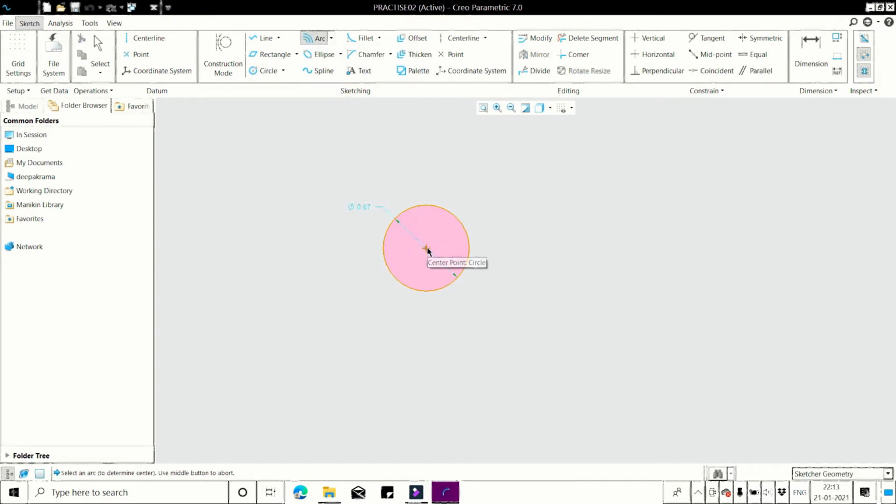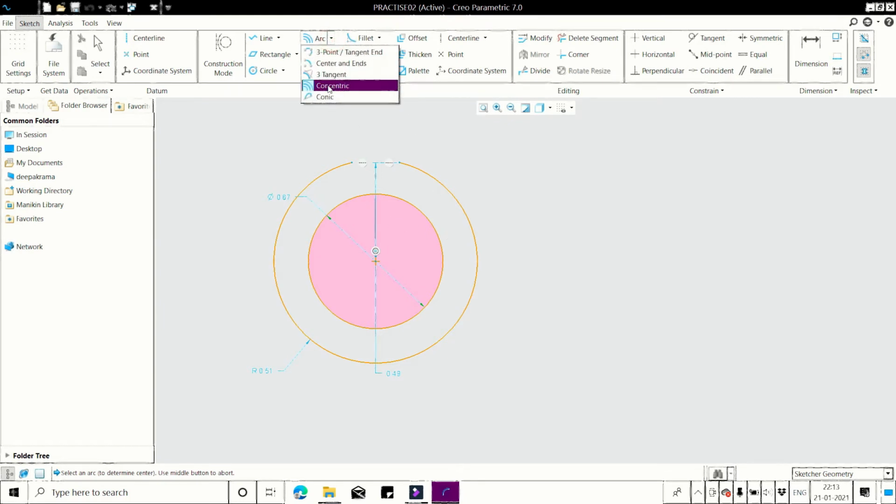For that, click on the center point of the circle and the outer first point of the arc. Create an arc by drawing the curve up to 300 degree. See how your arc is created by using the concentric arc tool method.